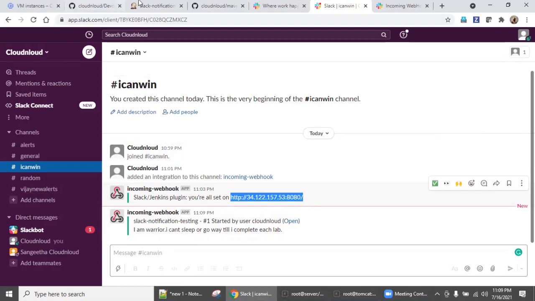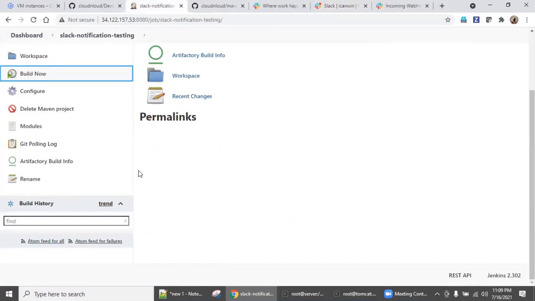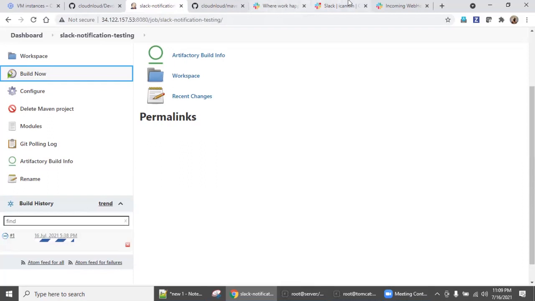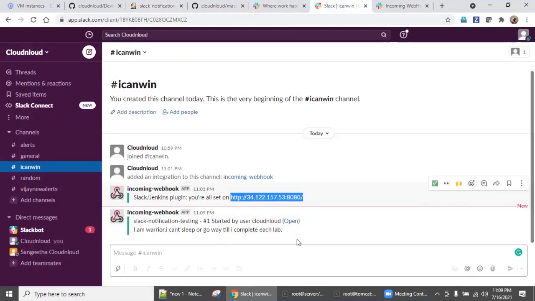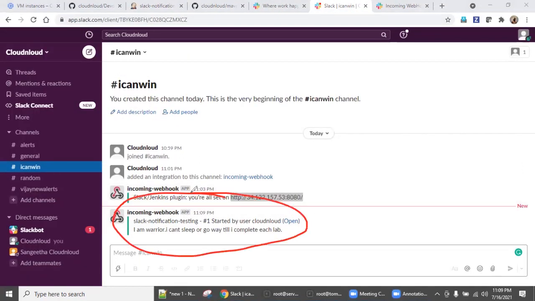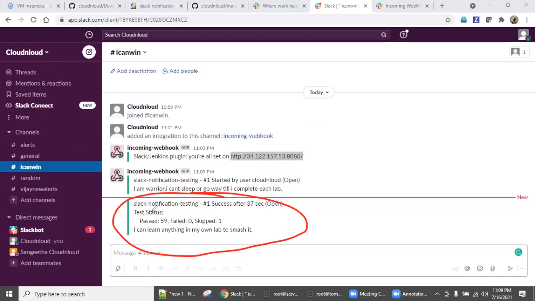So like this, wait for the full completion. It's going. Even the full success, you get the message in Slack. Exactly like this. So now you tell me, the environment is on the client side. Client may be in the US, right? But the people are sitting in Bangalore, Chennai, everywhere, right? So they all are part of this channel, right? See, passed, and there is no failure.